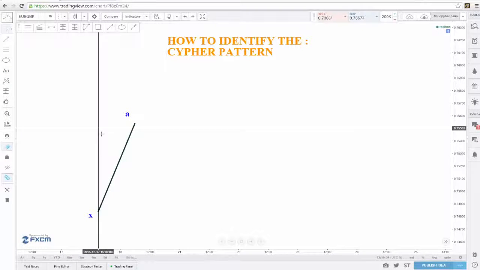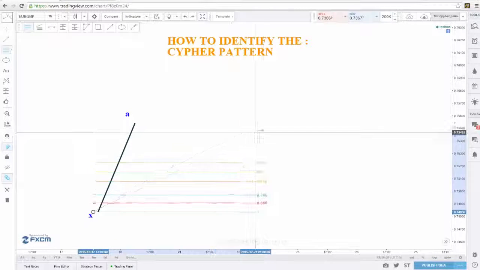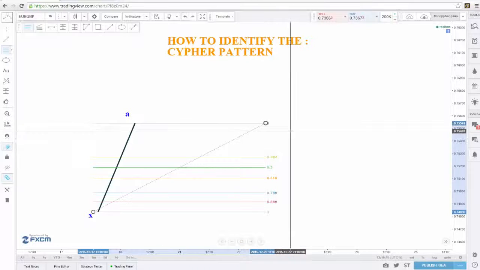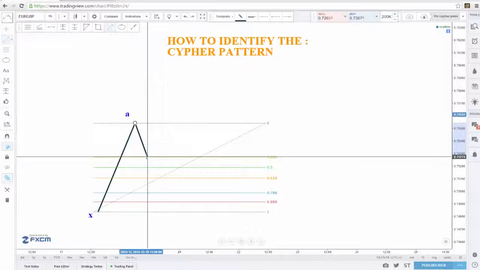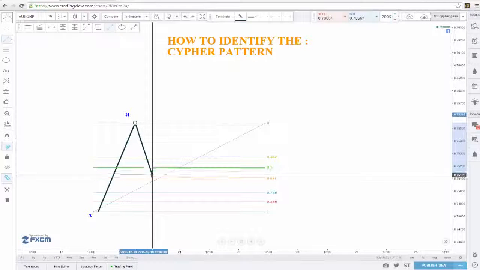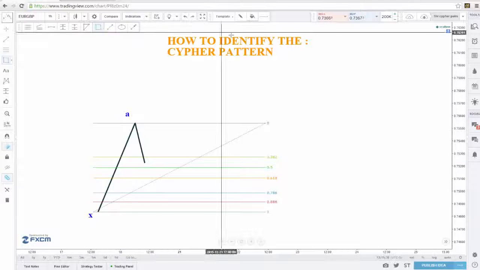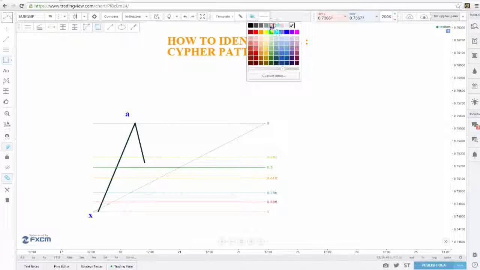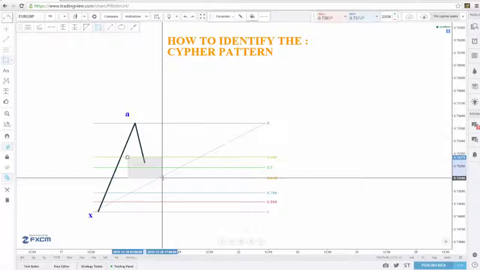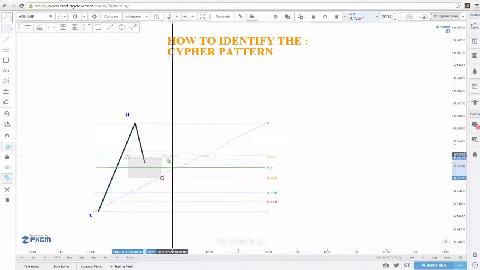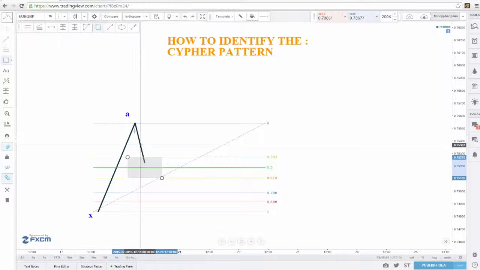And the first rule of the cipher pattern is a retracement from X up to A. And this retracement has to come down and touch the 382, but cannot close below the 618. So we have a little zone right in here where the market can terminate, between the 382 and the 618. But the market cannot close